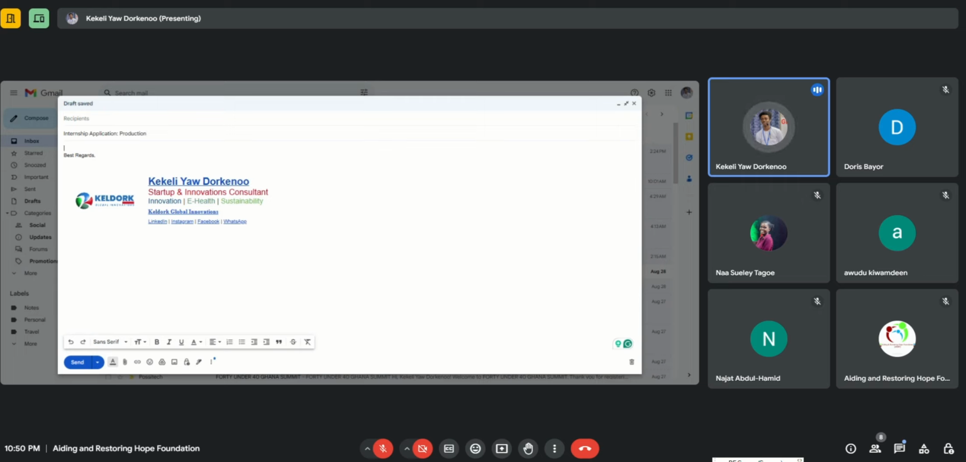Then you leave it like that and then quickly come to compose your email. The second rule when it comes to emailing is this: if the email is a friendly email, then you can start it with hello. But if it is a formal email, then don't go using hello. All you have to do is just say dear, then you put the first name of the person you are